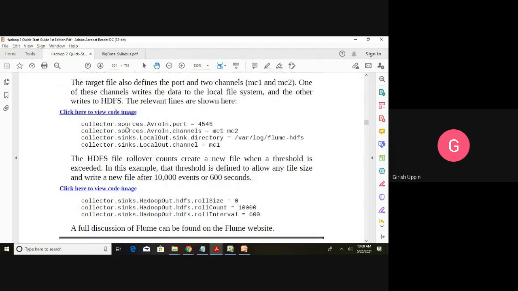The collector source port, you can see, is 4545. These are the two channels, and this is the local directory where it is writing the weblog. This is the folder /log/flume-hdfs, and it uses the channel MC1 for writing into the local file.